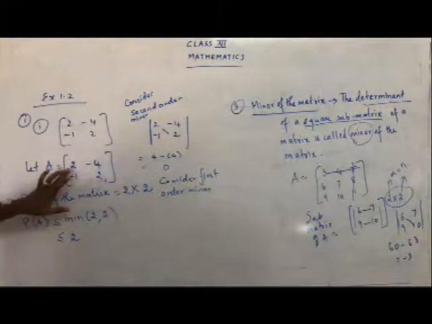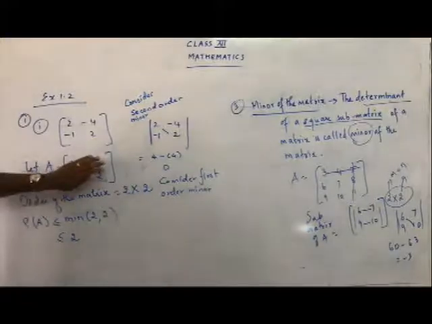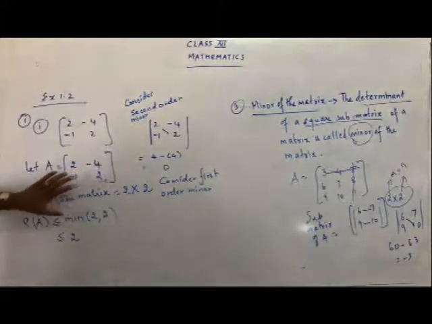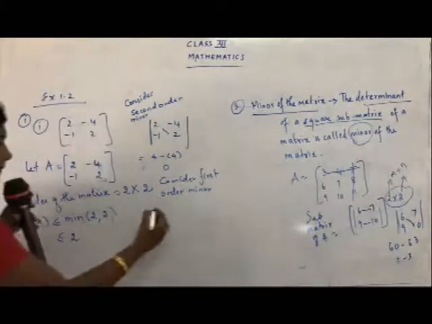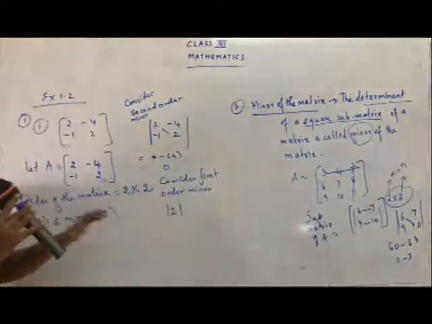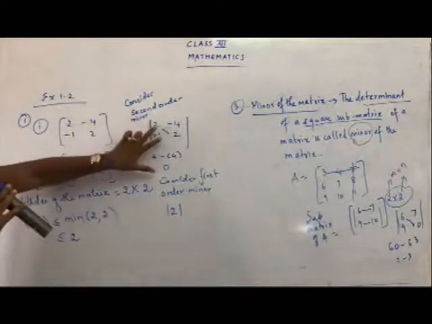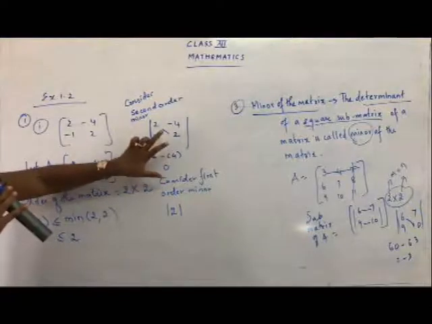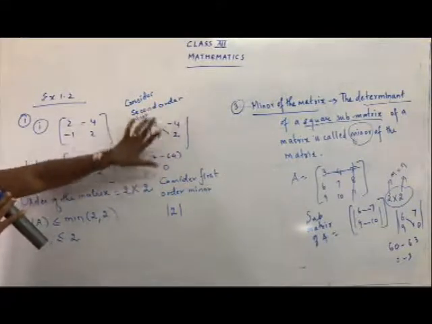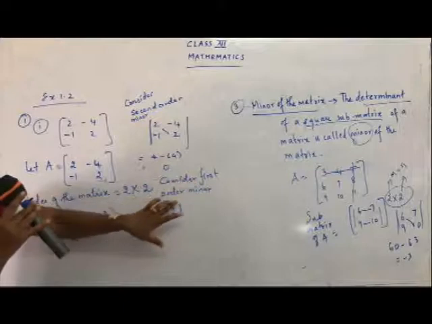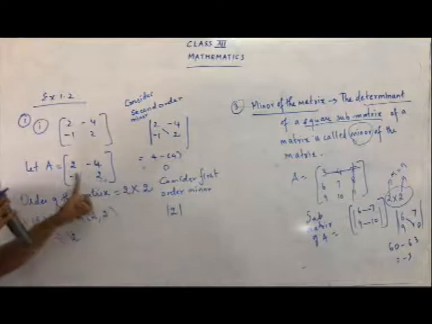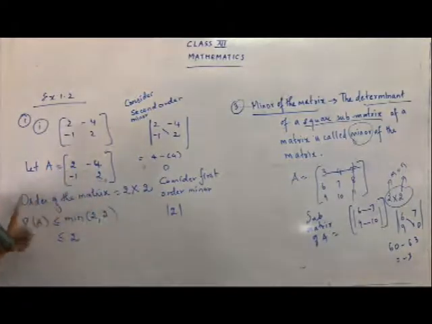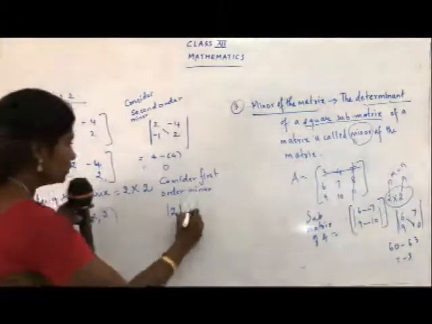You can take alone 2, or you can take minus 4 alone, or you can take minus 1 alone, or you can take 2 alone. It's up to you. So I'll just take the first element. So I'll take determinant of 2. Are you getting the step, children? When it is a second order, take 2 by 2 matrix. That is a 2 by 2 square matrix. And when you're considering a first order minor, you have to take a 1 by 1. One row, one column. And I have 4 choices. I can choose any element of our choice. It's our choice. So this is equal to 2.